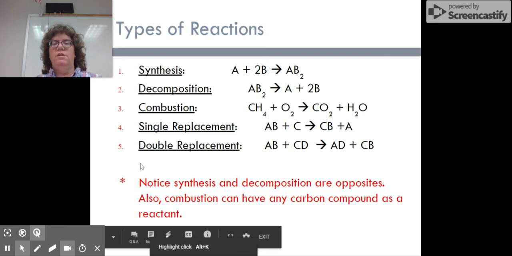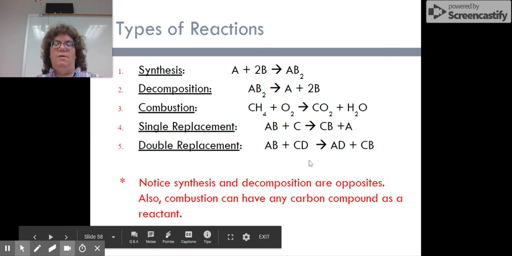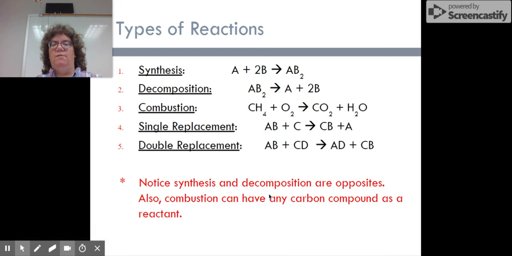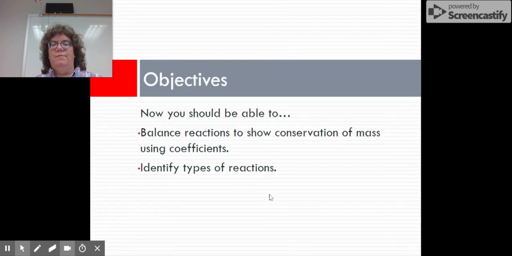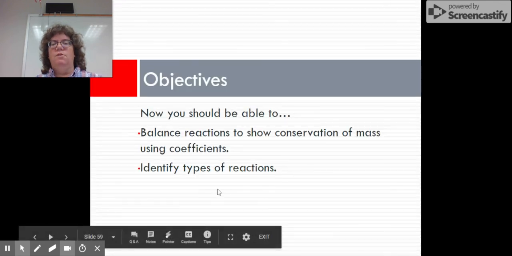Take a minute, pause the video to write down in your notes these types of reactions. We're going to talk about them and do a lab with them in class, but please make sure you stop the video and write these down. Well, you don't have to write them down quickly, but write them down. So now you should have been able to balance reactions, and